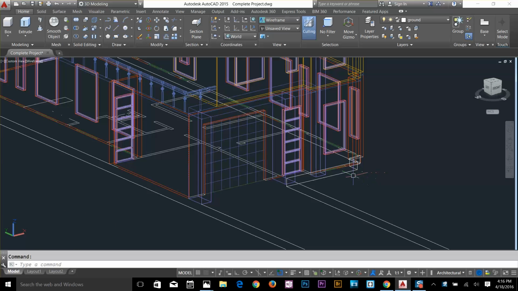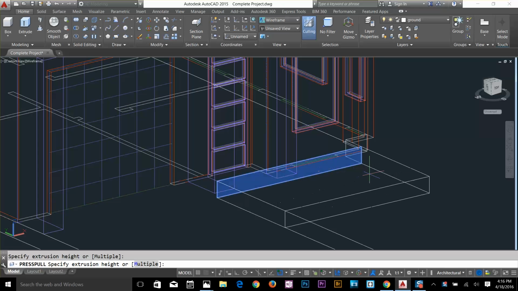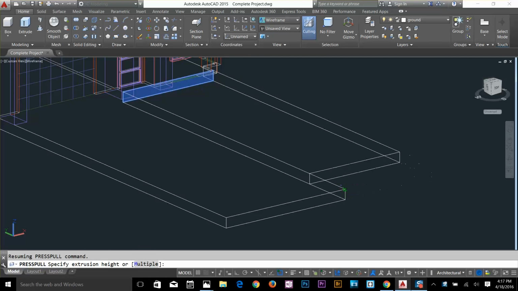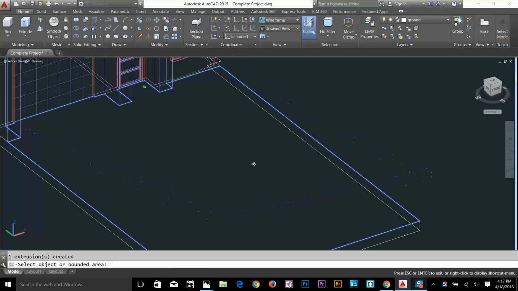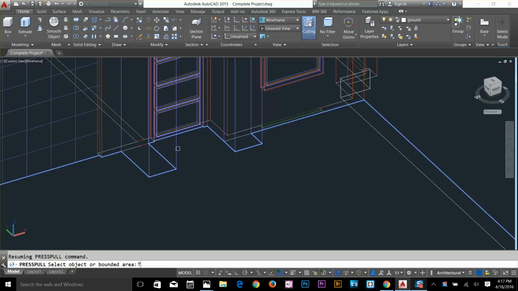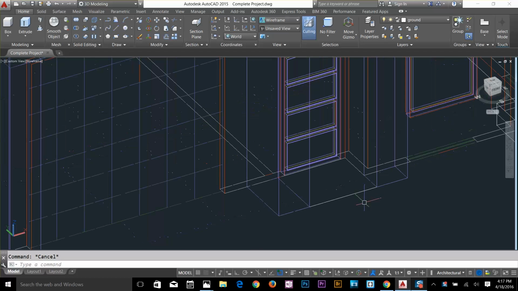Alright, so now I'm going to do one more thing here. I'm just going to use my press pull command, and I'm just going to press pull it same point. And then I'm going to draw a rectangle here, or you see a rectangle from this point to this point, and I'm going to